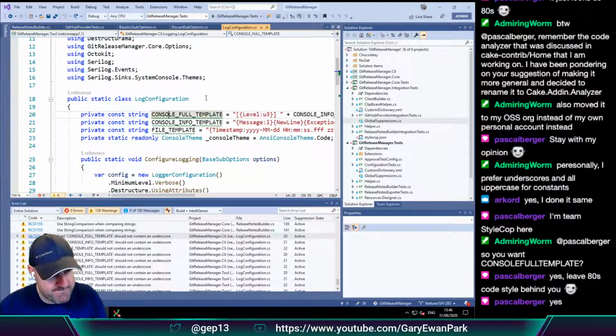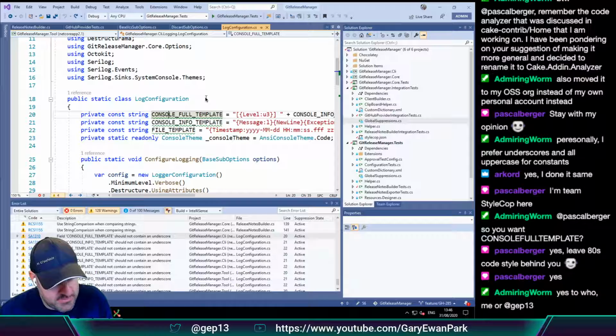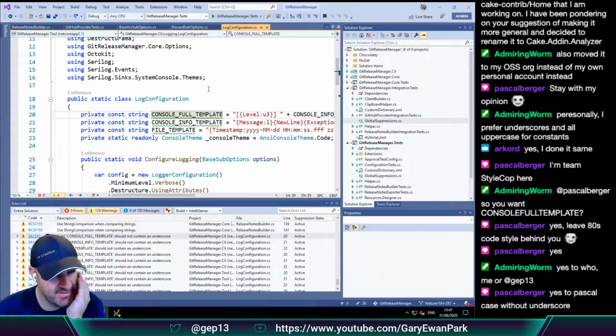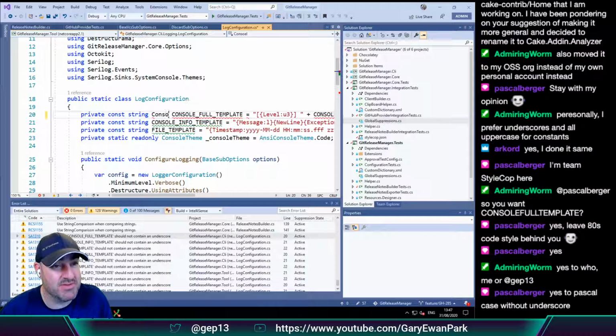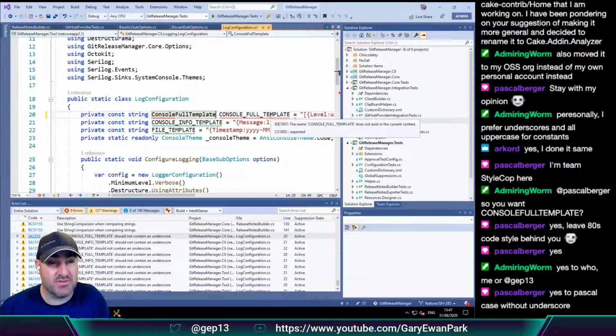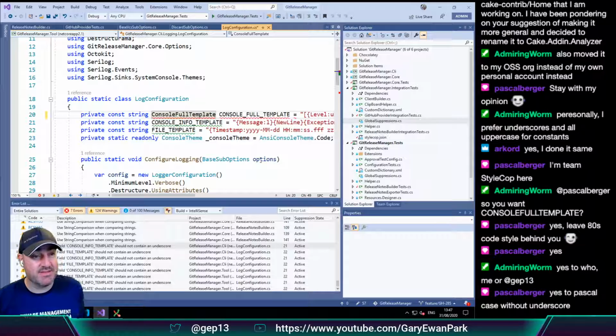So to clarify, I think what Pascal wants is console full template rather than console underscore full underscore template.